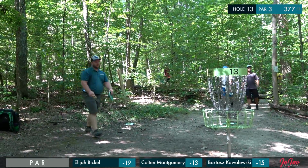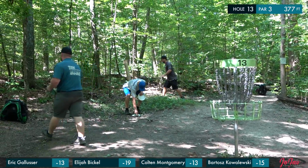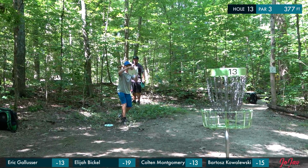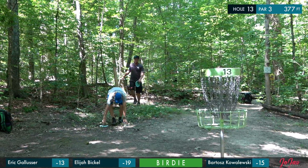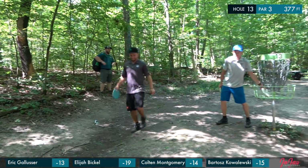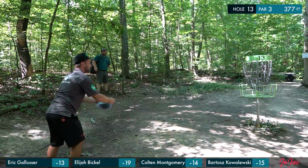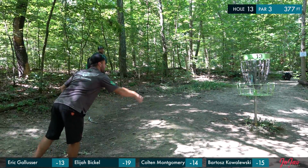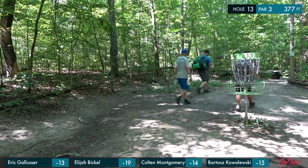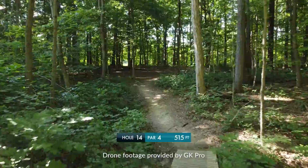So Eric putts for his par. We still haven't gotten to Colten's drive. Yep, and here's Colten's drive. Looks like it's going to be a no stress birdie for him. Yeah, great drive by him. Wow. And I'm going to tap out my par. Not really until. Moving on to hole 14,